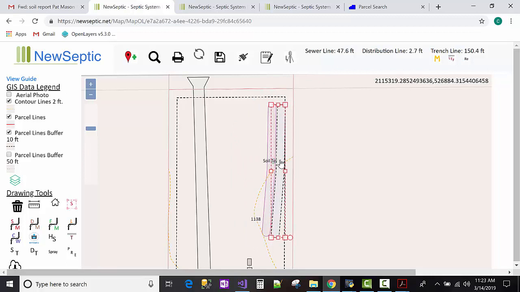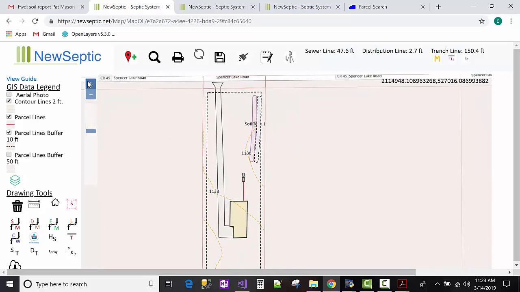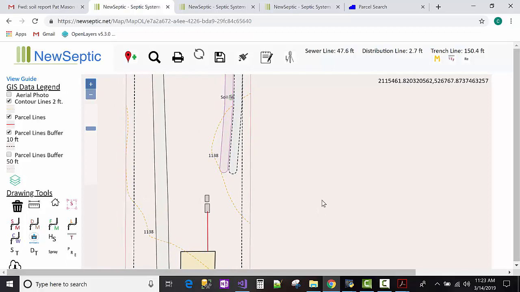So here we have a completed mound system, and it's accurate to the dimensions based on some manuals that we use to calculate that from OSU. So the only thing left we have to do is to draw our